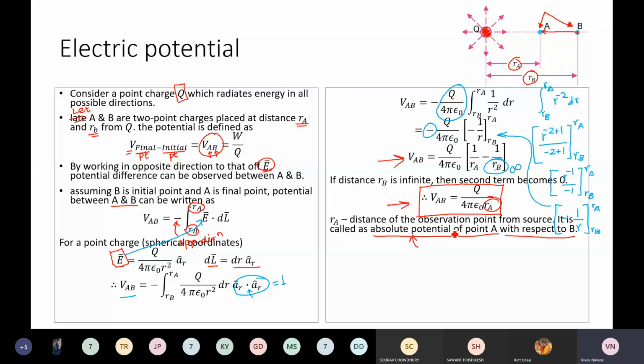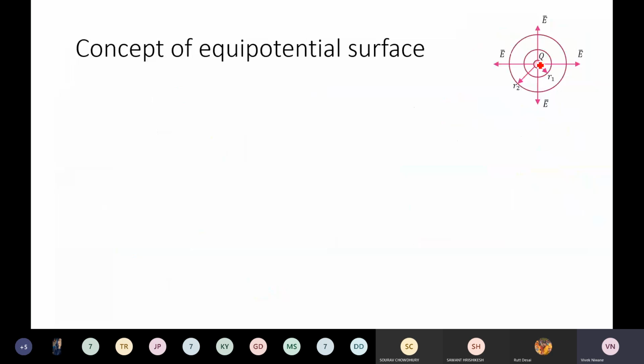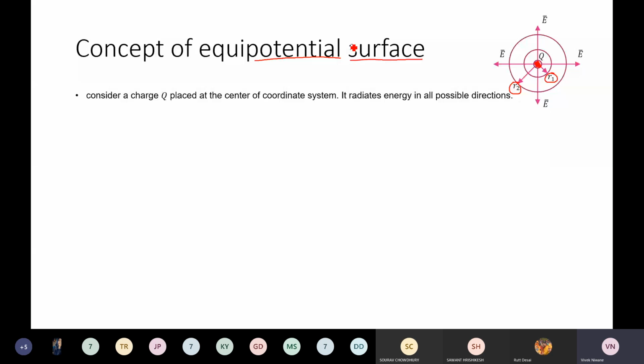Okay. So that is about the electric potential, and the new concept is equipotential surfaces. Take this geometry. So we do have point charge Q. Let us consider two concentric circles surrounding the point charge Q, one with radius R1 and second with radius R2. And we know that Q is going to radiate the electric field around it in all directions. And we want to find the equipotential surface. What do you mean by equipotential surface? Okay, so let us go through the theory part.